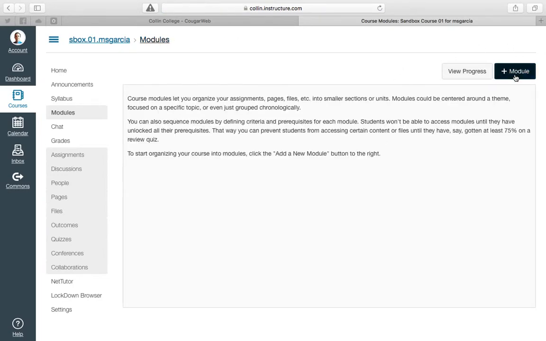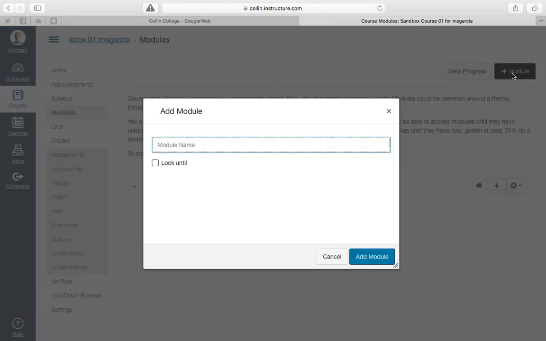All right, so to do this, I'm going to just start by pressing plus module. And you're going to name this module. So I'm going to name it Unit 1. And then we'll call this Metric Measurement. Because for the Biology 1406 lab class, this would be the first module that the students would go through,